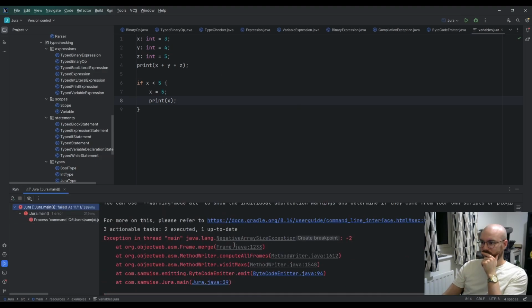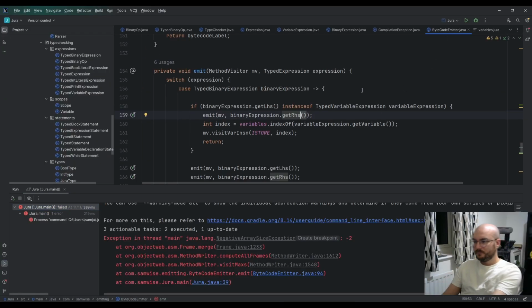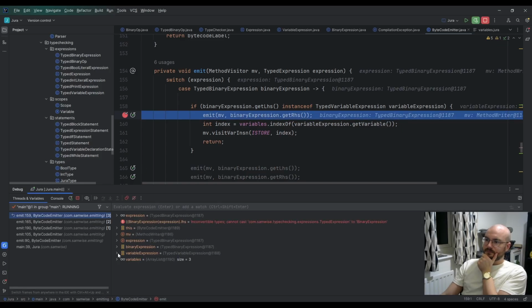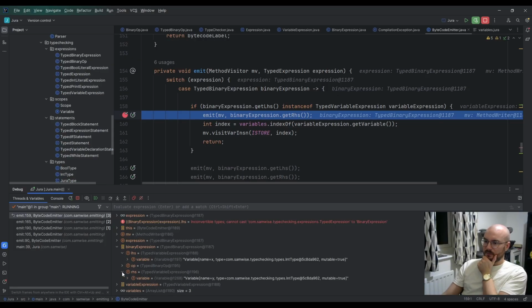No. So I was happy with this. So we have a binary expression. Left-hand side is x. Right-hand side is